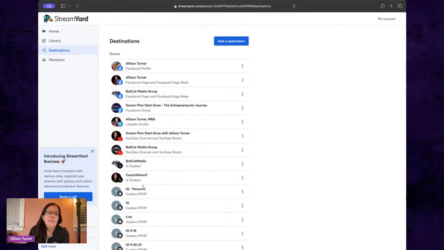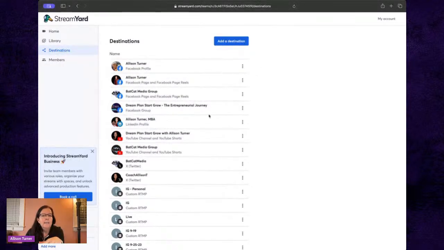Instagram is a third party. They don't like to give access to their streams like these other ones. So with Instagram, I have to use something called an RTMP connection. It's pretty easy to get, but it's just a little bit more cumbersome. I need to go through and delete these. These are ones I've used. You have to set it up every single time, so that's why you're seeing that on here right now. It looks like my internet's really low, so hopefully we hold.